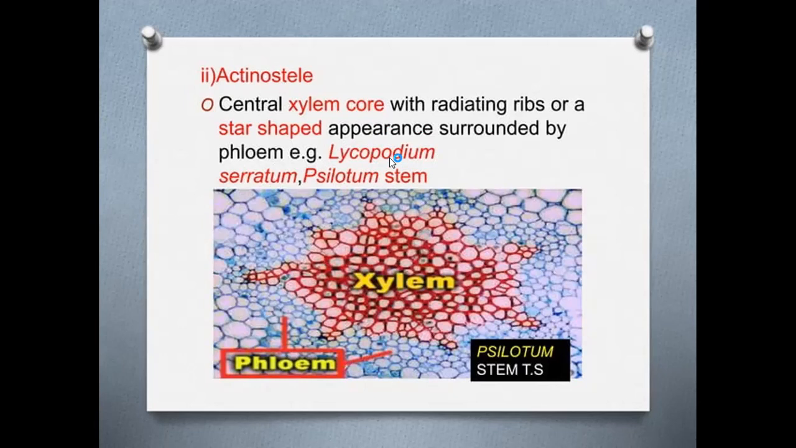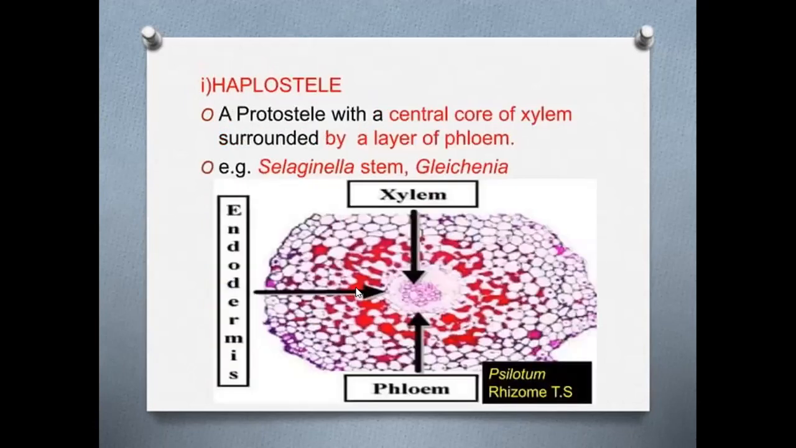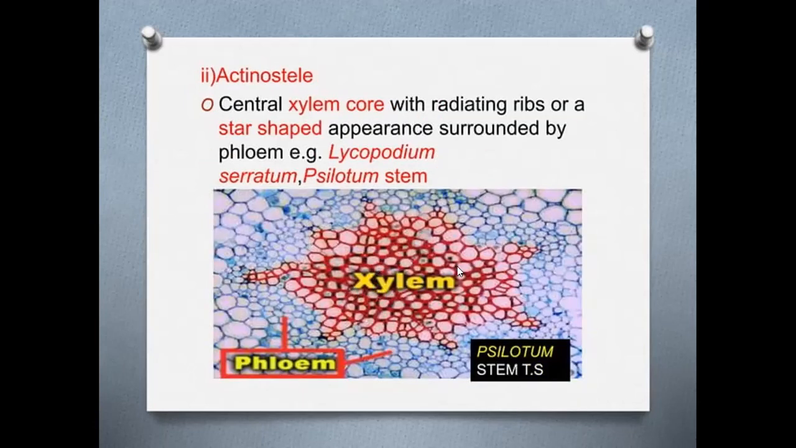So the best example here we can quote is Lycopodium serratum and also Coelotum stem. Coelotum rhizome, it is haplostelic condition. Coelotum stem and even the Lycopodium serratum, the stem of Lycopodium also shows the presence of actinostelic condition. Actinostelic, I am repeating this once again. What is this actinostelic condition? Xylem, which is present in the center, it will be radiating in form of a star-shaped appearance with the protoxylem